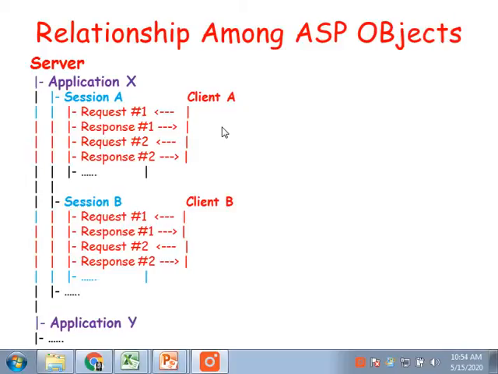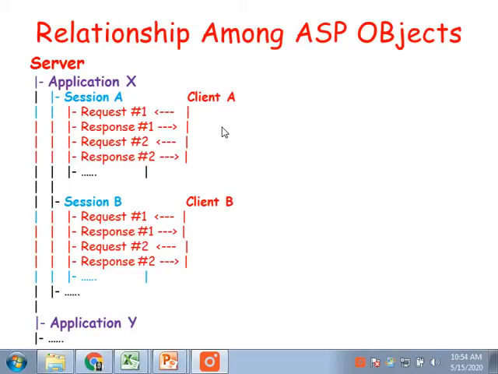Then when does the session object invoke? If you have an application X and you want to do some modification or changes, then you may need the session object. The session object permits you to handle a small amount of time. You can log in and do some modification, then log out. This is called a session. So in one application object, you may have any number of sessions according to your user needs. The application object maintains all application related tasks.